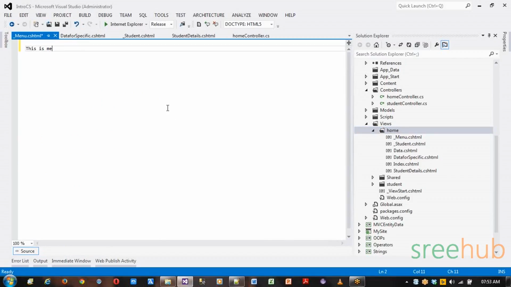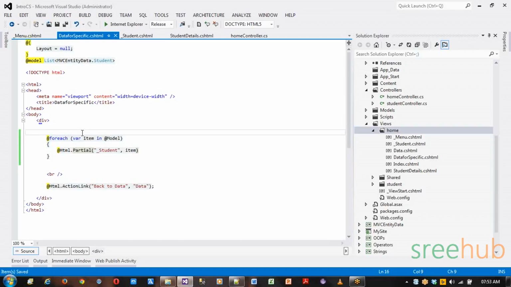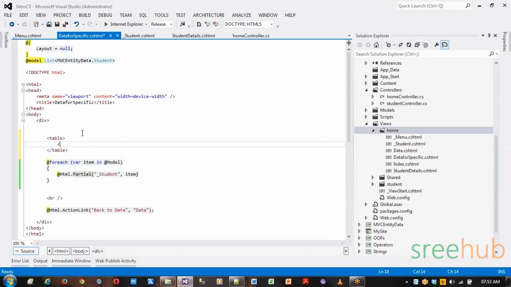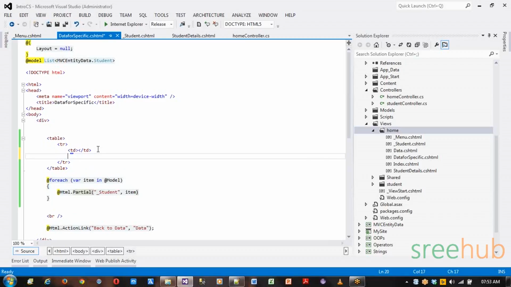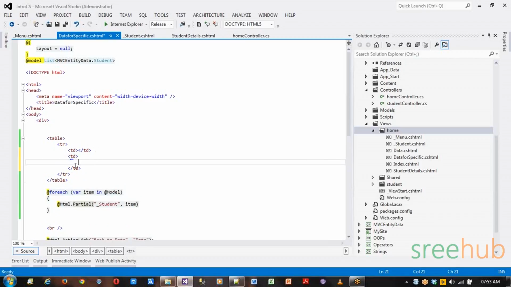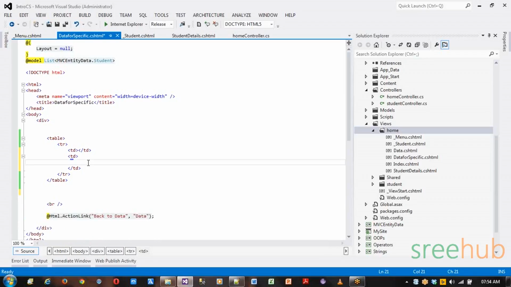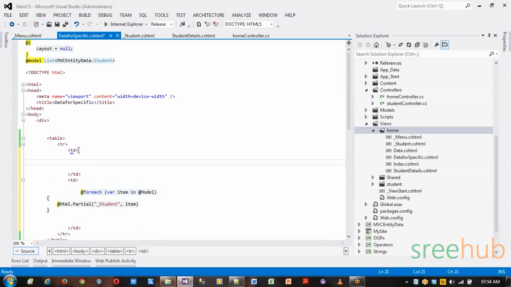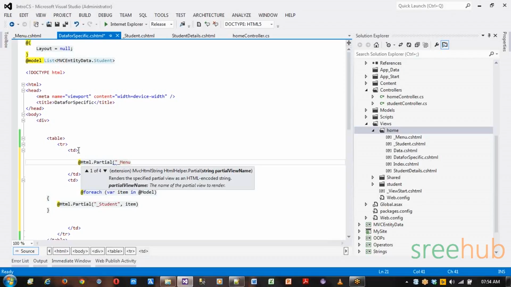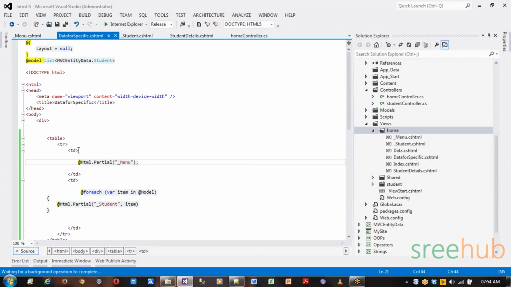Let's say this is the menu. And here I'm going to create a table, and where I'm going to use this partial view, I'll use another partial view as well. Let's say I just want to get a menu. That's it. So now if you run this,